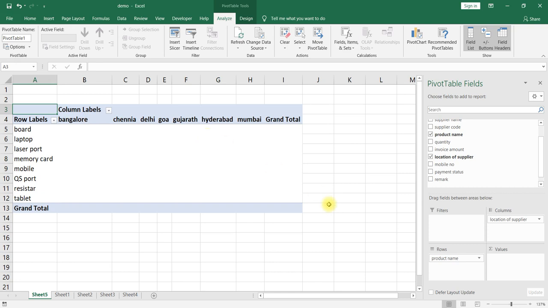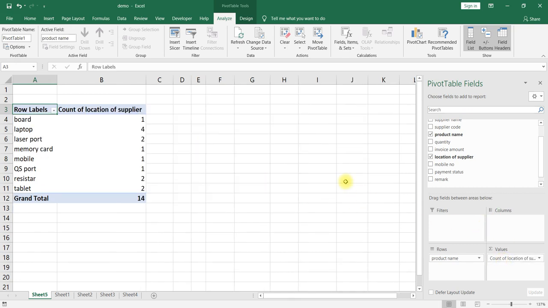We have to observe that one. If I take this location into value, what will happen? It will start counting the row labels, how many suppliers there are. It will count how many suppliers, so for that, location count it will take.